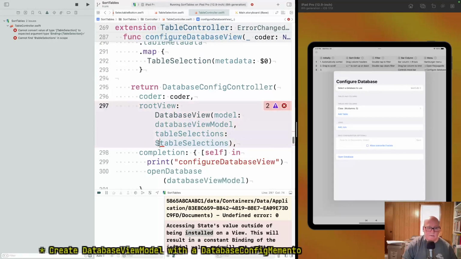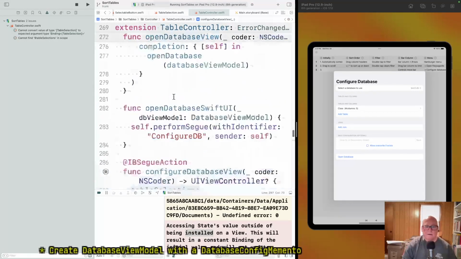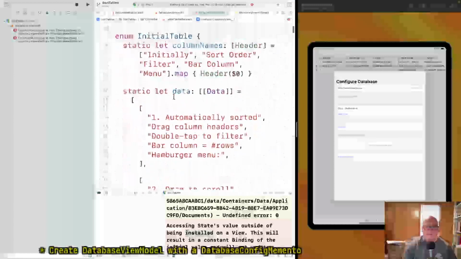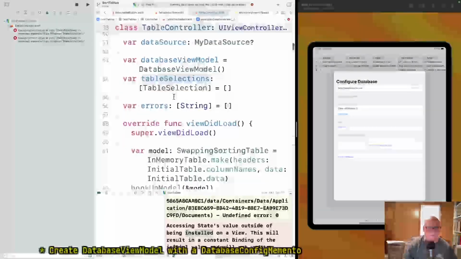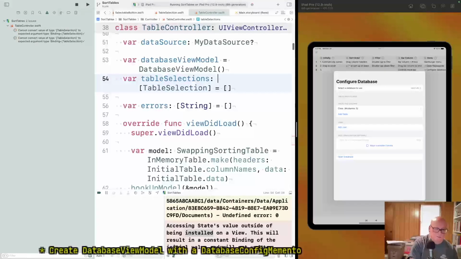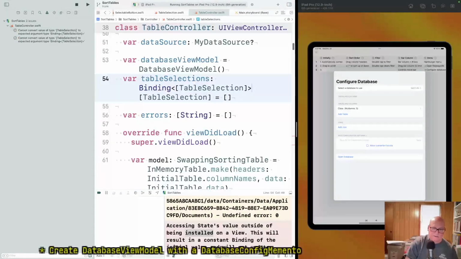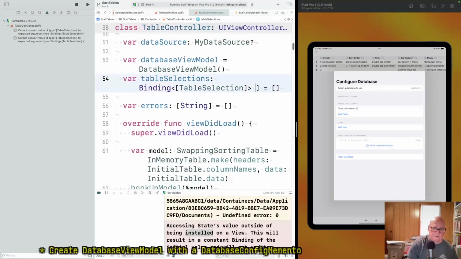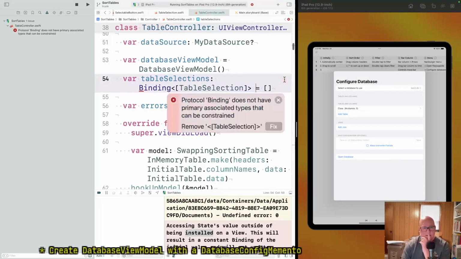And same thing here. Okay, so what I take is we want this type to be binding of table selection. Is that? But it didn't like